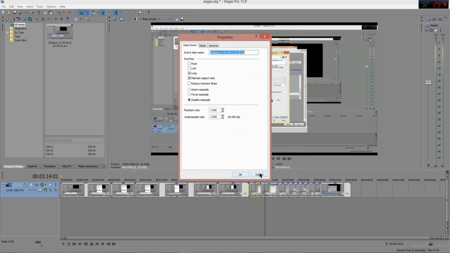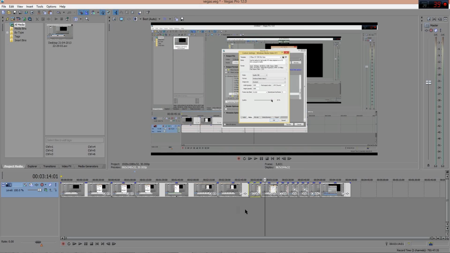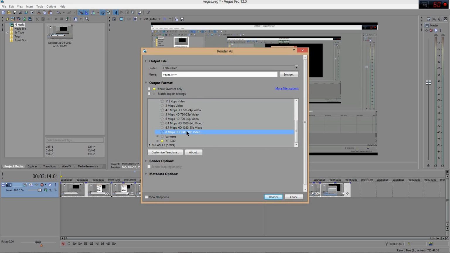So once I've done that, I'm then going to go to render settings. Okay, now I'm going to create an additional one. We'll get rid of that one for a moment, and I'll uncheck that so you can see what it normally looks like. Okay, now the only one I use is Windows Media Video 11. Okay, I'm going to double check, I'm going to click that, and I'm going to go down to the very bottom one. Now I'm going to customize the template,